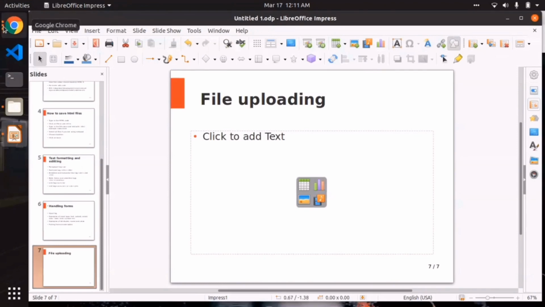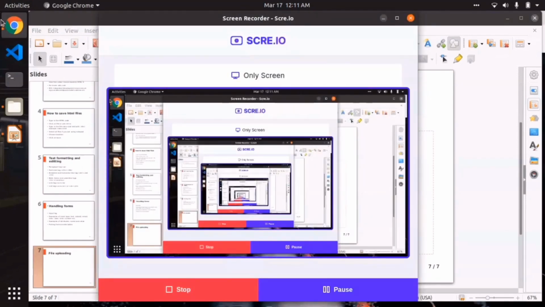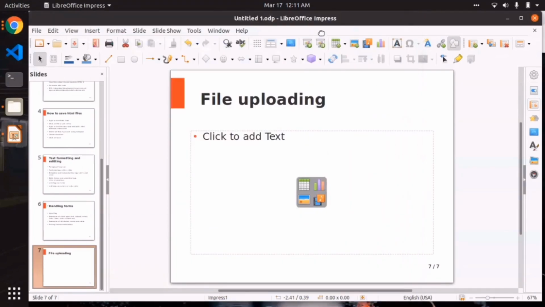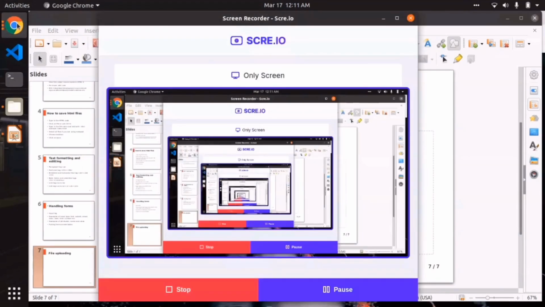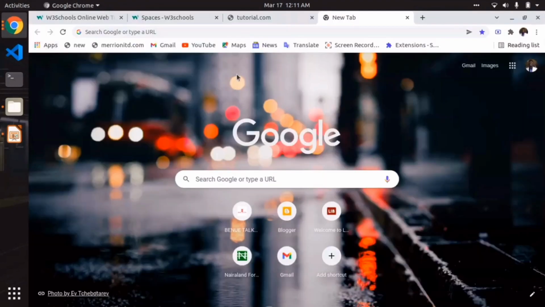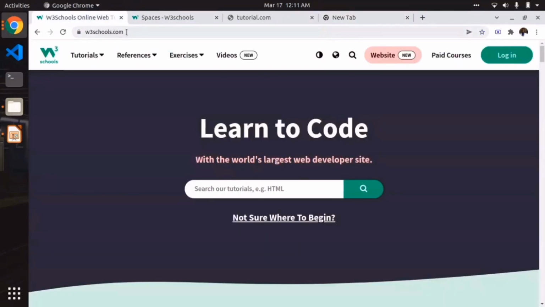Now let's see how we can actually move all the files we've created offline to an online site, and then we'll be able to share this link to others for them to be able to access what we have designed. Let's go back to our browser. On your browser, you type w3schools.com. It will take you to this page, and then after that, you click on